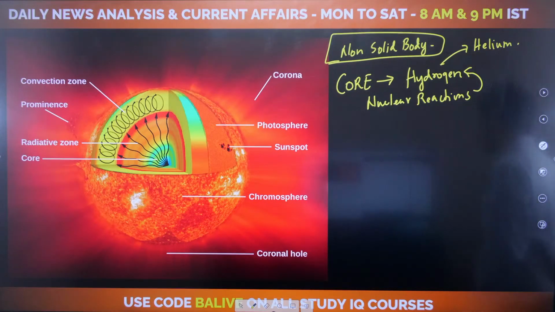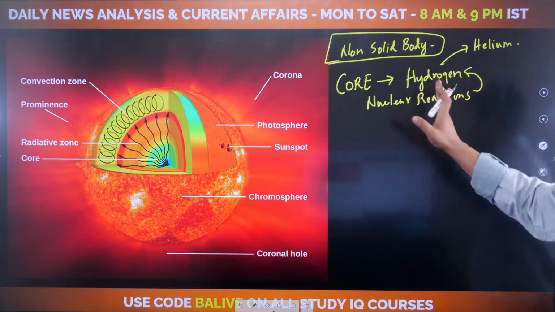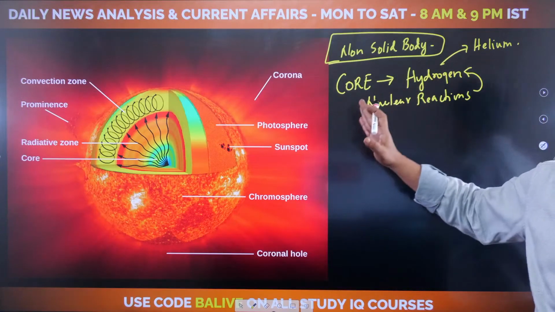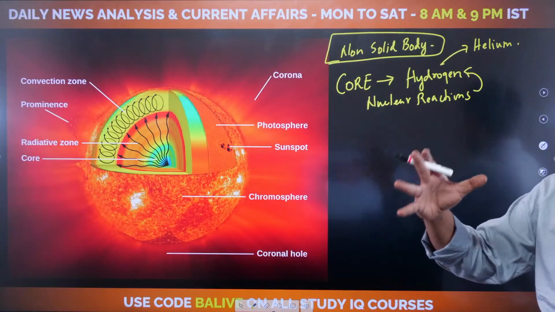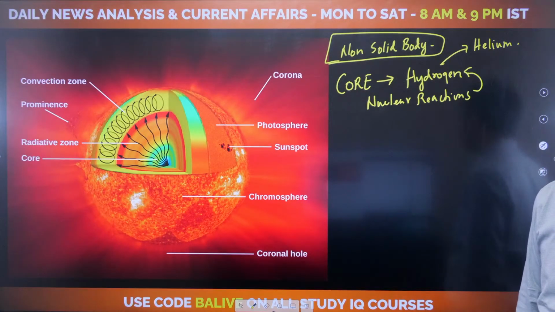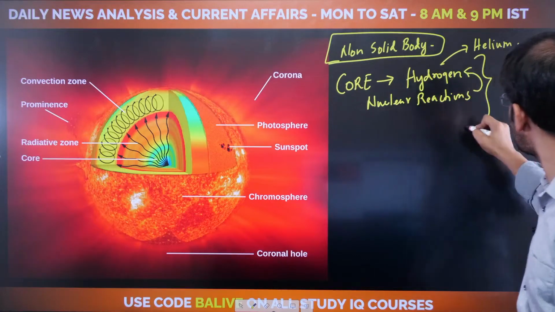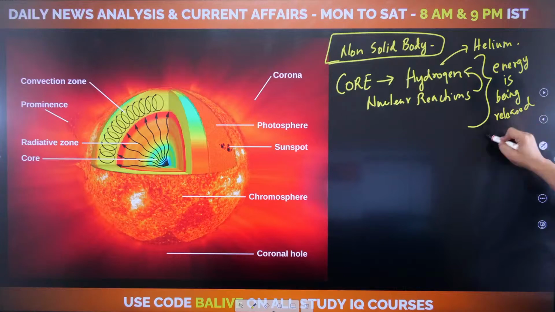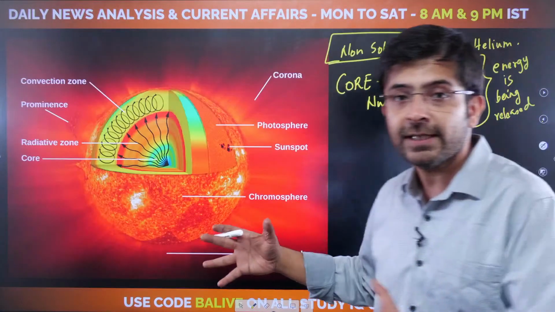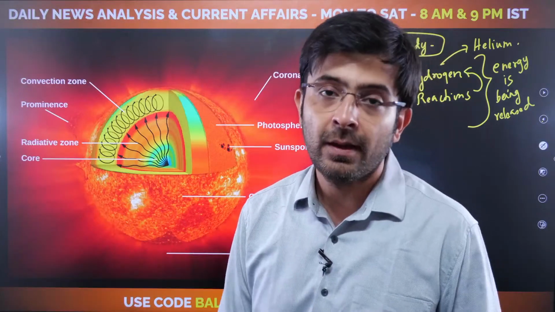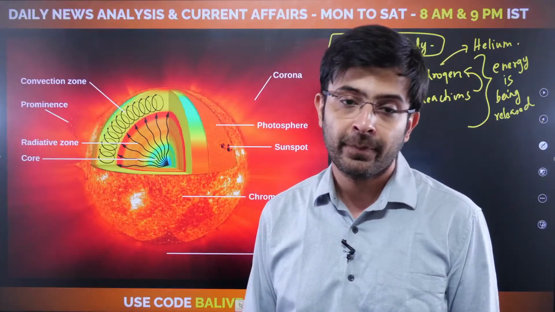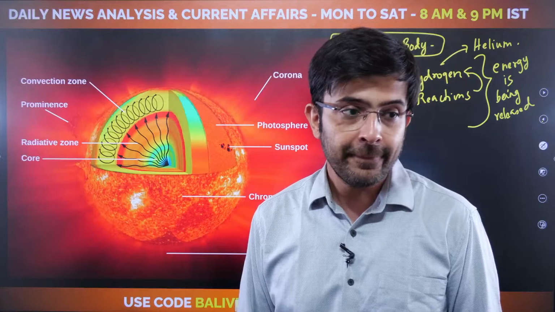Is that clear firstly? I'll tell you, Shubhankar, just a second. Focus on the core zone of the Sun first. So what's happening is nuclear reactions, violent reactions using hydrogen and then forming helium. In this violent process, energy is being released, massive amounts of energy, because again, these are nuclear reactions. That energy being released is the primary credit for the light that we see. First understand that. Clear hai?